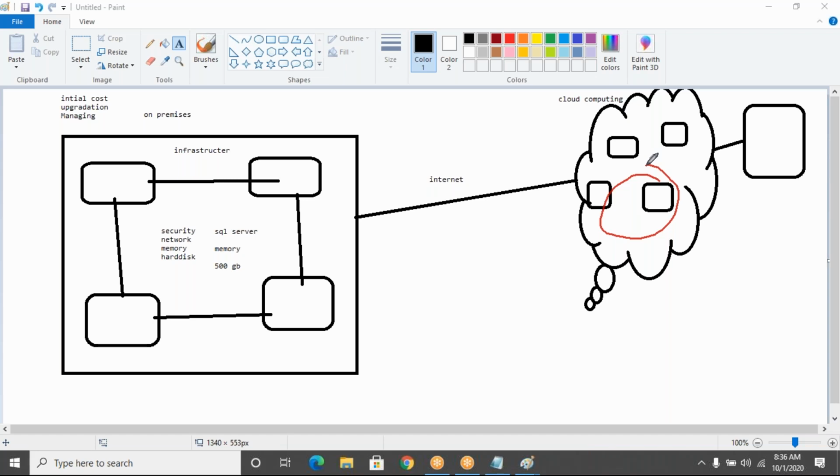Automatically products are coming to your home. So Amazon is doing it through the cloud, www.amazon.com. They are selling their products. Similarly, Microsoft is also selling their software and hardware, whatever services are related to IT, through the internet. That is www.azure.com.